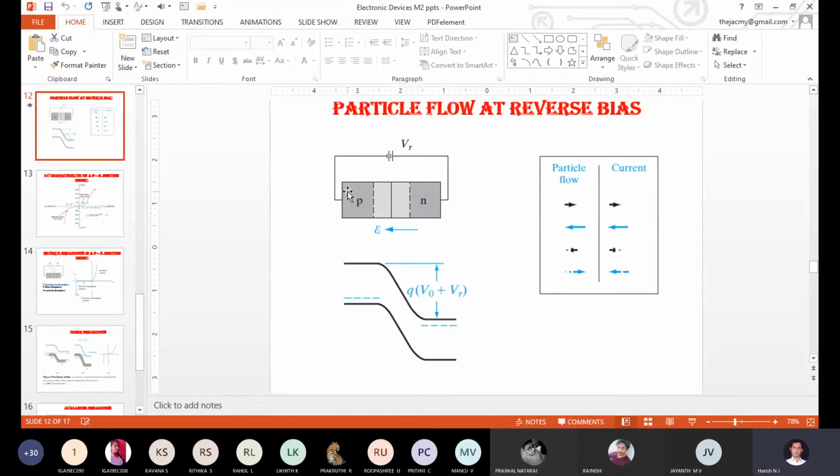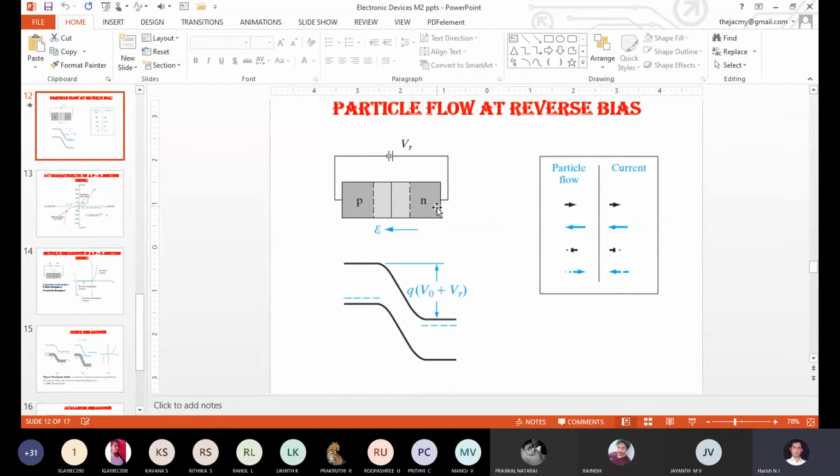With respect to the minority charge carriers present in the P type, they are electrons. All the electrons are connected to the negative terminal of the power supply. Even an electron is a negative charge carrier, and that negative charge carrier is connected to the negative terminal of the power supply. In this situation there is a repulsive force, right? Yes, sir. At the same time, in the N type the minority carriers are holes. The holes are positive charge carriers, and that positive charge carrier is connected to the positive terminal of the power supply. Here also a repulsive force is initiated.